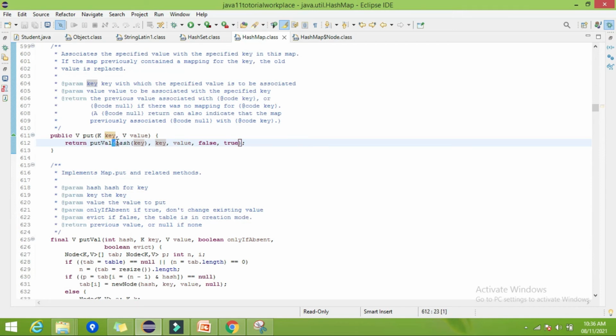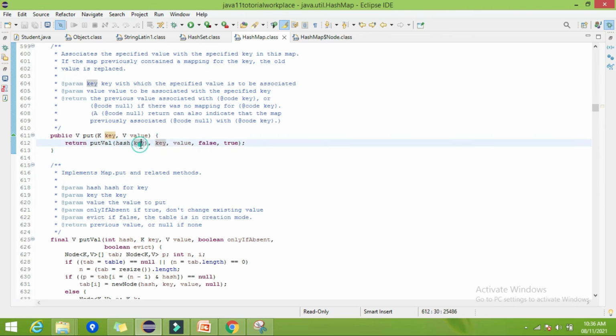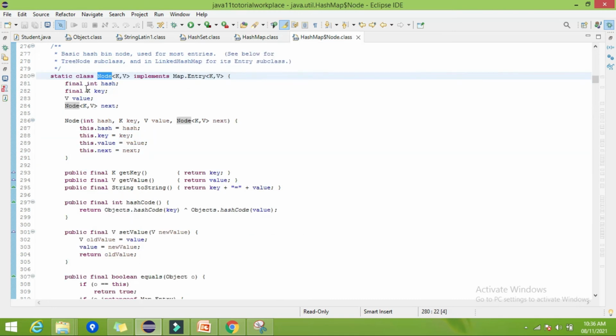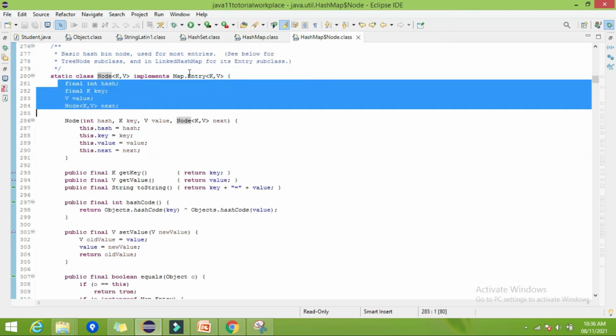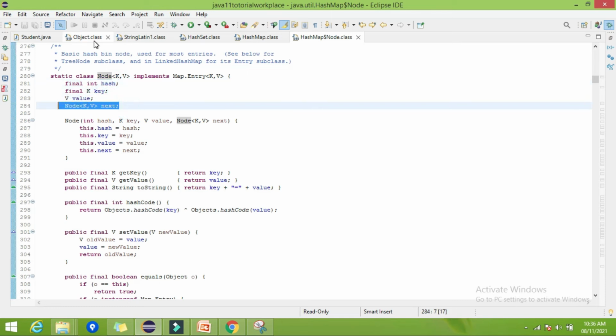Okay, so here it will calculate the hash for the student. It will be 1, 2, 7 whatever we have shown you, it will be the same because it is calling our overridden method. After that it is giving our key and value as present. If you go to the putVal, here you can find it is storing in the form of node. So I told you in node we have 4 parameters actually. The first one is hash code, then the second one is key, third one is value, and the fourth one is the reference to the next.